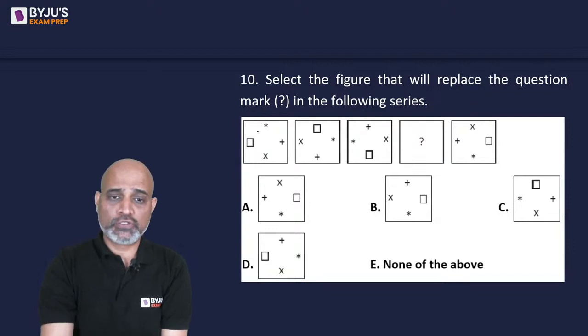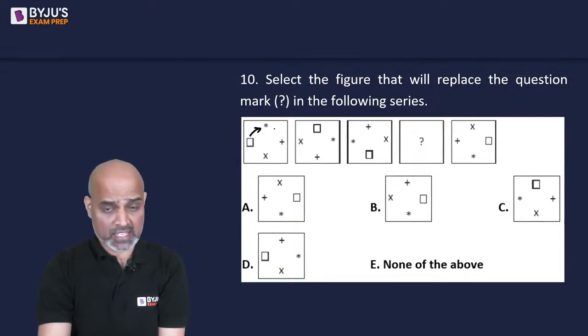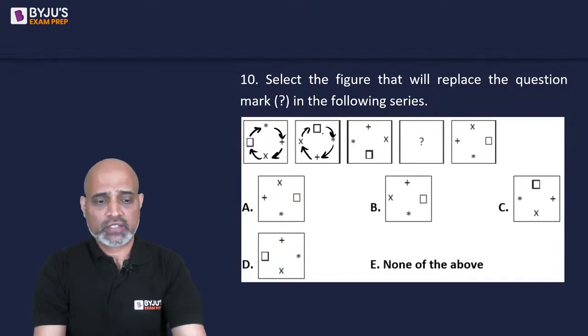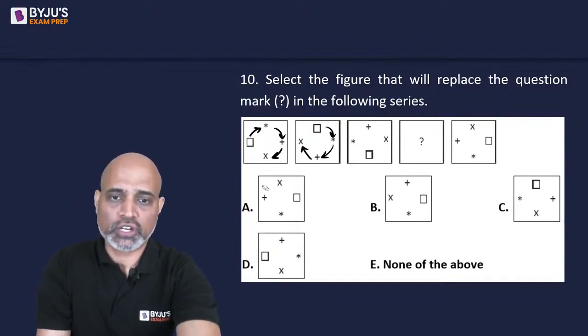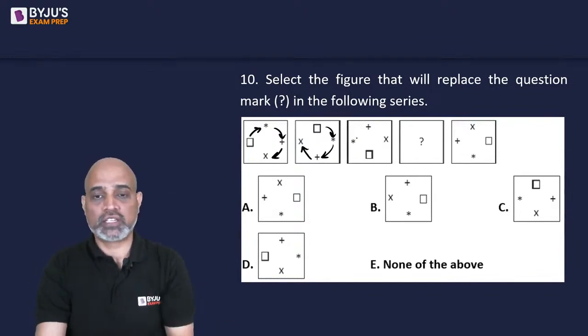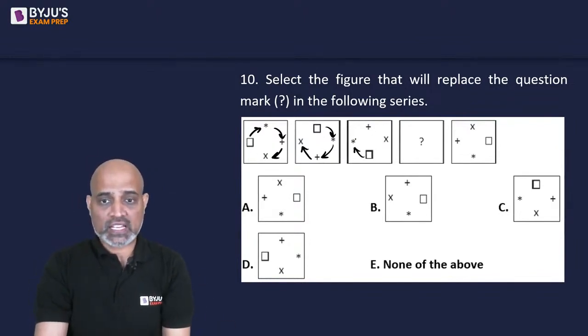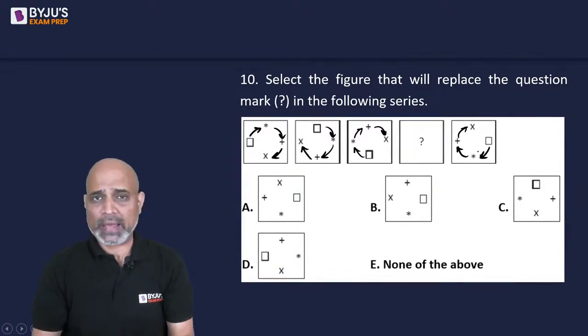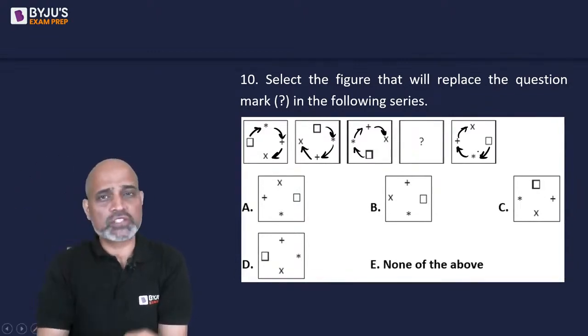you move clockwise, you will find square, then asterisk, plus multiplication back to square. ठीक है, तो मैं ये लास्ट वाला नहीं ड्रॉ कर रहा हूं, नहीं तो फिर किधर से शुरू कर रहे वो नहीं पता चलेगा. Square, asterisk, plus multiplication, and if you complete the circle, it will be back to square. ठीक है, पहले तो हमें पता है कि this is the cycle, this is the sequence of the symbols we